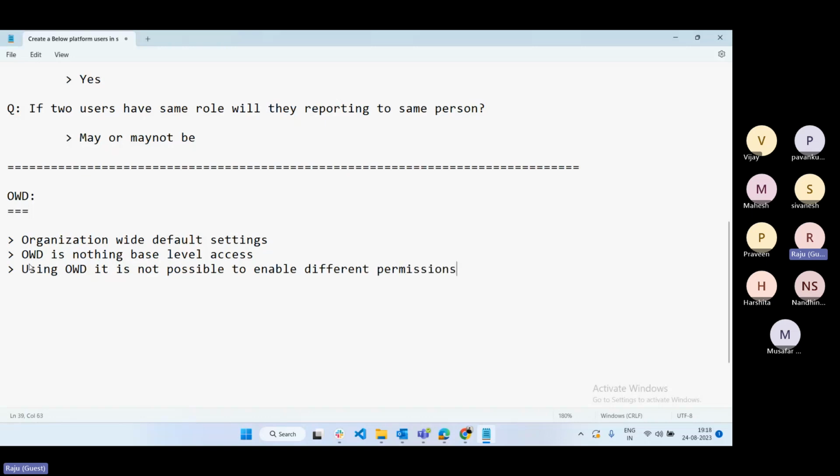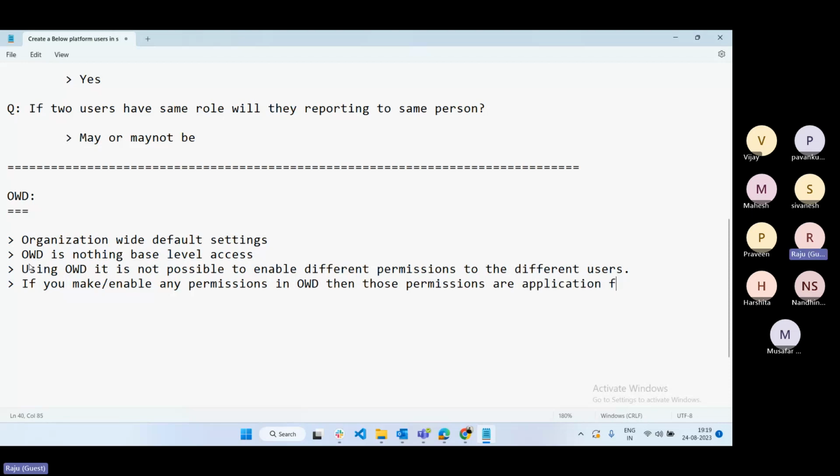If you make or enable any permissions in OWD, those permissions are applicable for all users